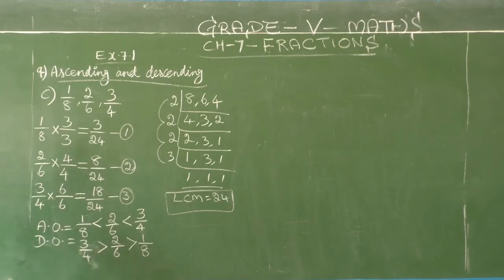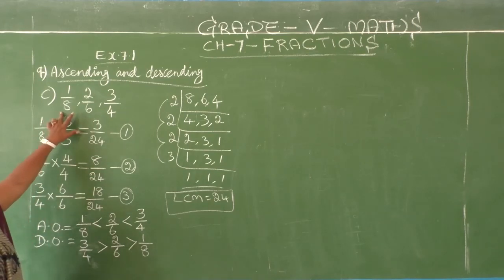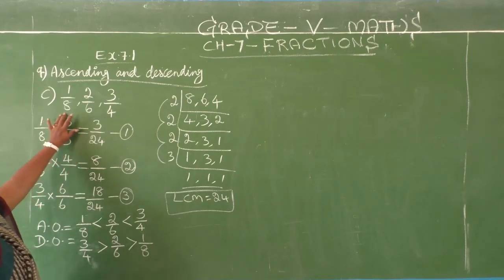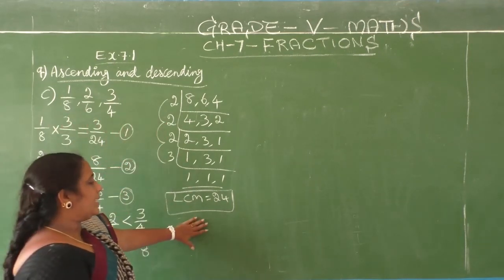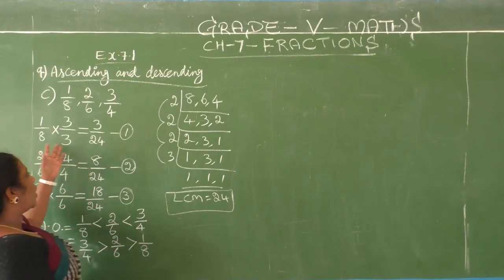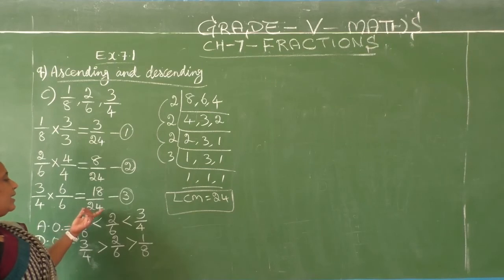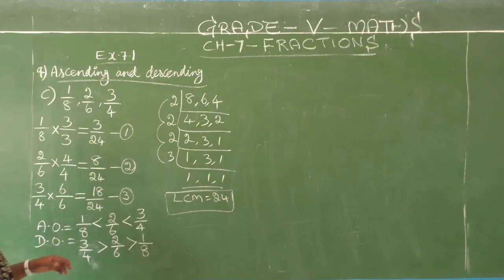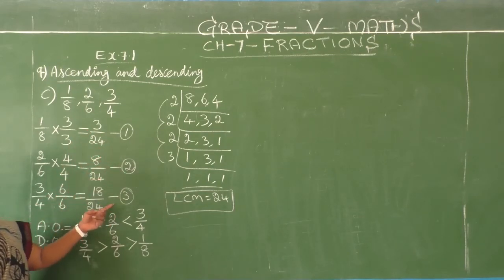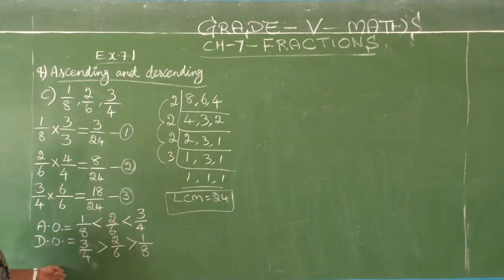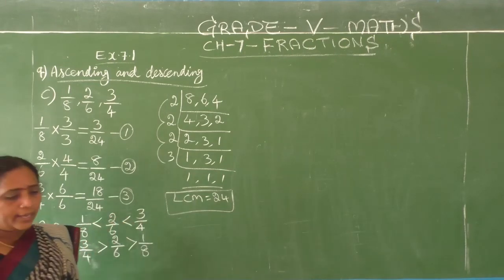Okay. So convert the fractions into like fractions, and then we have to arrange the fractions in ascending order and descending order. Okay? Like fractions means we need the same denominator, but here they give different denominators. So we have to take the denominators and find the LCM. After the LCM, we make all fractions equivalent fractions. Then only we can get the same denominator. Afterwards, we compare all numerators and find which is the smallest and which is bigger. Then we can arrange in ascending and descending order. Okay.